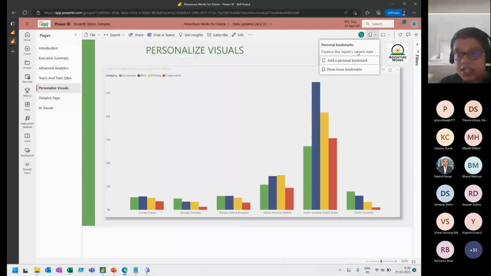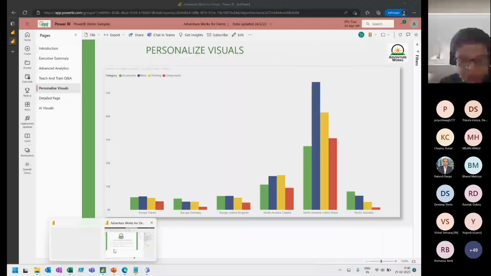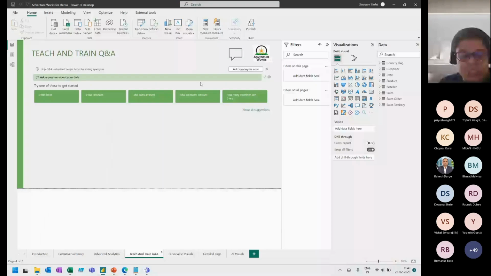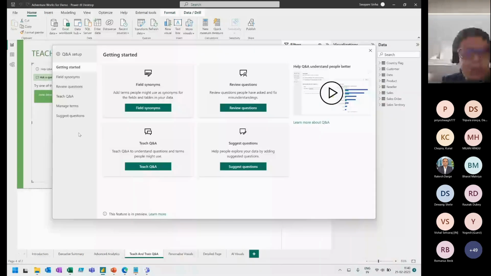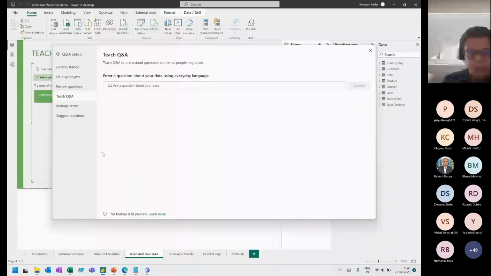Save it. Remember, the bookmark that I've done does not change the underlying report. It just changed the view that I have. Cool, super cool. Good. Let me quickly show you the Q&A feature which I wanted to show you. In the report authoring view, you would see something like this, where you have the capability to teach and train your Q&A model, where I can go ahead and ask,